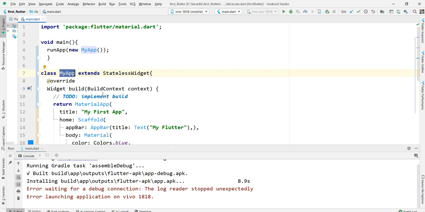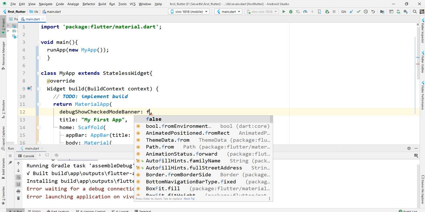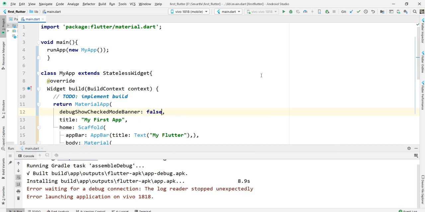Also, I want to first remove this debug banner. If you want to remove it, I am writing one line here, that is debugShowCheckedModeBanner: false. So now I am running this.